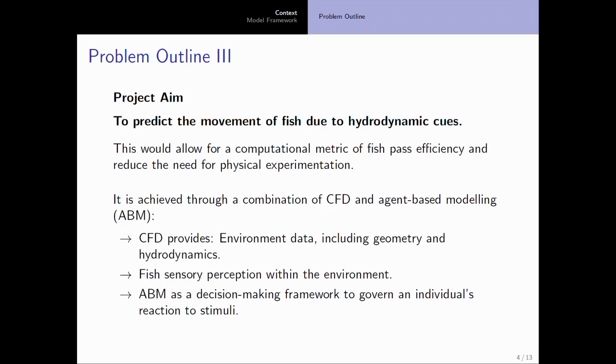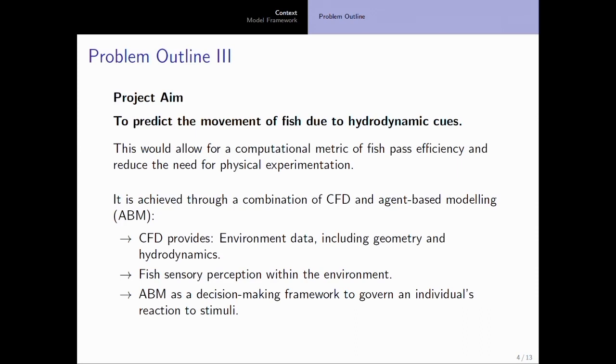So we need some form of quantification of the environment of the river system, which is what's provided by the CFD. So that's environmental data in terms of bathymetry and velocity fields, pressure fields. We also need some understanding of how the fish actually interacts with its environment. How does it perceive its environment, and to what level can it perceive the environment? And then we need some kind of decision-making framework which will allow us to decide how the fish actually reacts